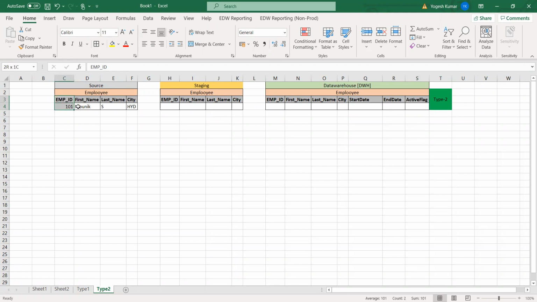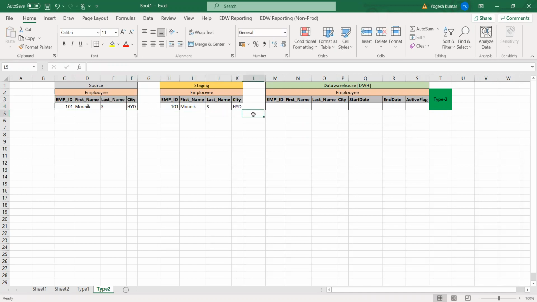You do have this record in your source database. Now you will execute the ETL job, and this record will be loaded in the staging area. In staging you will have the same record.